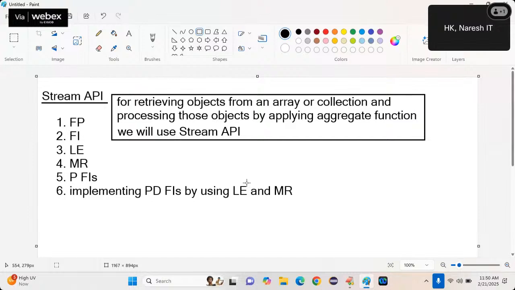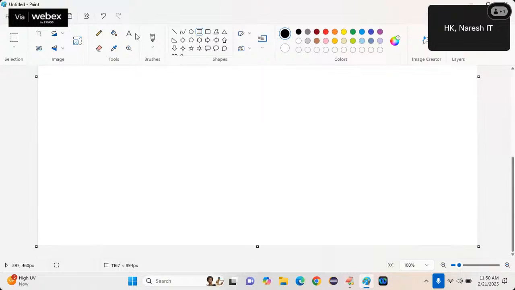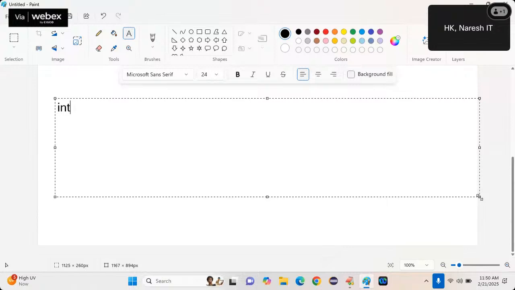Now tell me, for retrieving objects we already have different approaches available. We have the for loop and the for each loop. For example, I am creating an int array, ia equal to {3, 4, 5, 6, 7}, and then I want to retrieve the values from this array. How can I retrieve?